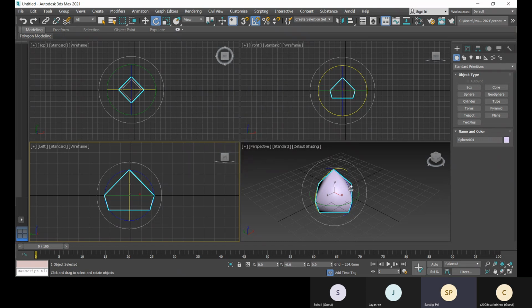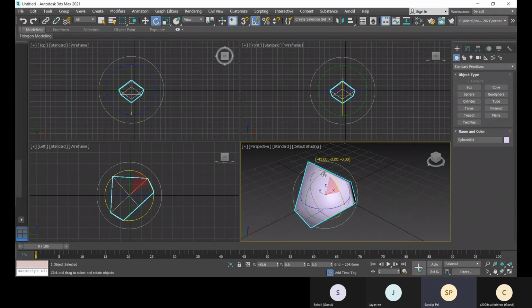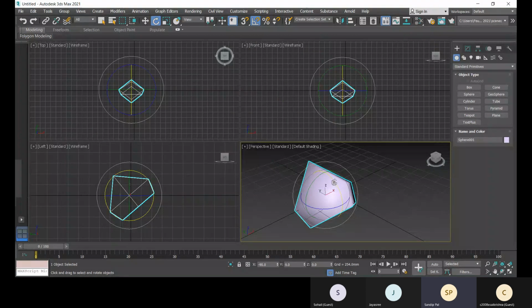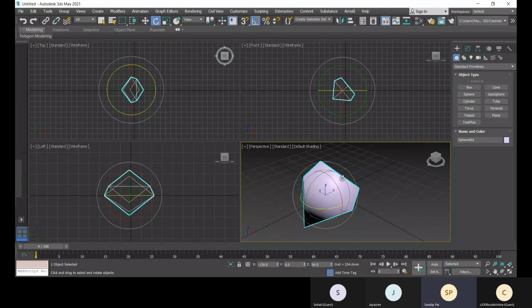Now if you rotate, you can check it. See, you get a 1 increment and you can have the precision like this. If you want to rotate directly with a 90-degree incremental angle, go to this angle snap toggle icon and right click on it, and here you can provide 90 degrees also. So from that position it will rotate 90 degrees. So this way you can rotate it.